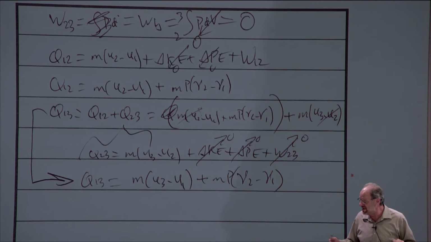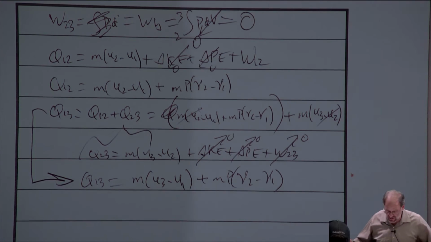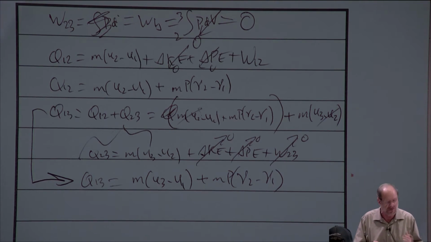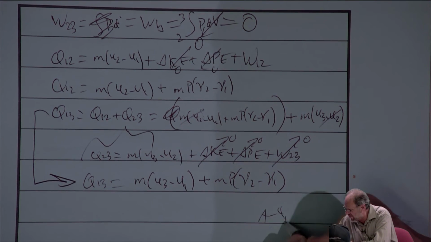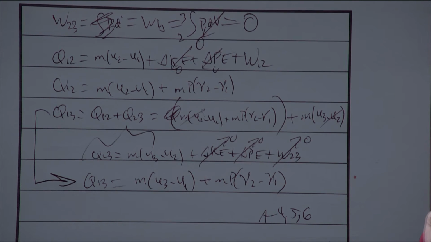So as long as we recognize that we're using the first law in its variations and we're using the data that we all have, the rest of this problem is really just a matter of pulling data out of tables and chugging away. So we'll do that next. Let me pull the steam tables up. By the way, SI units, we've got superheat, we've got two-phase mixture. We're going to use A4, 5, and 6 as we solve this problem. So that's worth noting here as well.